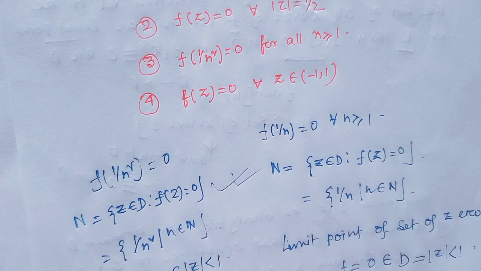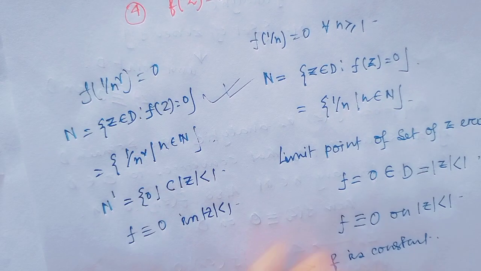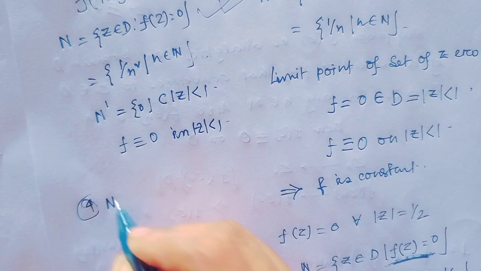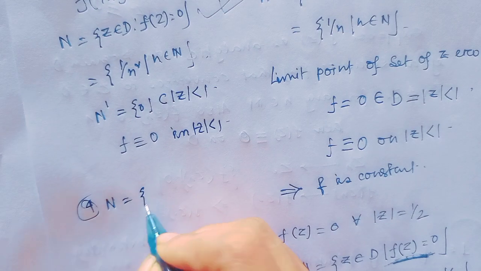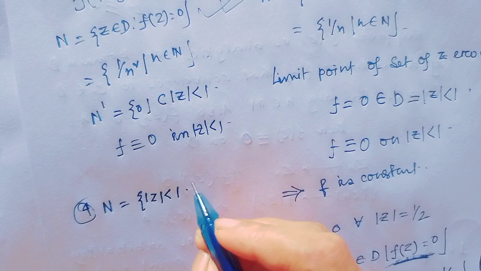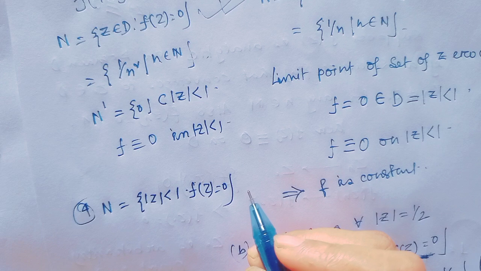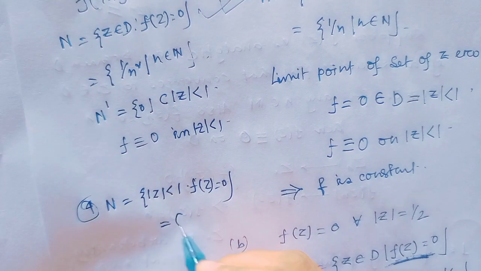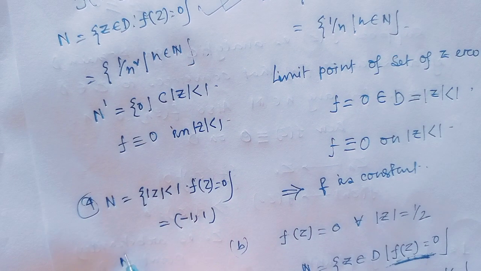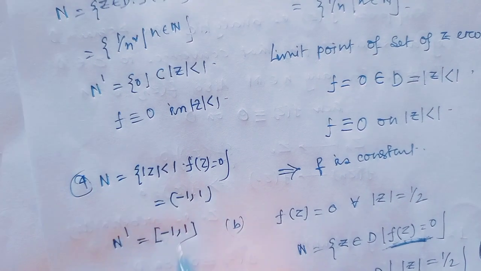And option 4, f of z equal to 0 for all z belonging to minus 1 to 1. Here the set of zeros contains this set n, within mod z less than 1, where f of z equal to 0. That means the set of zeros contains the set minus 1 to 1, and its limit points, which n dash would be the closed interval minus 1 to 1,